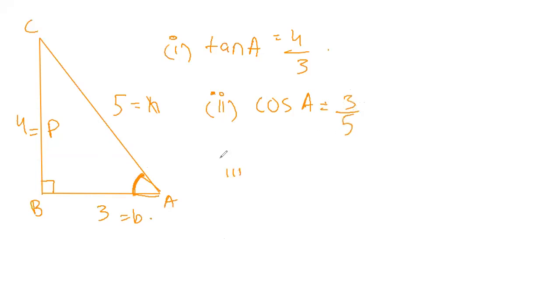Then comes sine A. A is an angle, and sine A means with respect to the angle A, tell me perpendicular upon hypotenuse. So this is the hypotenuse, this is the perpendicular. So perpendicular upon hypotenuse will be 4 upon 5. And as I've told you before, the side opposite to the 90 degree angle is always the hypotenuse. There should be no confusion in that. Now I'll rub all of this.